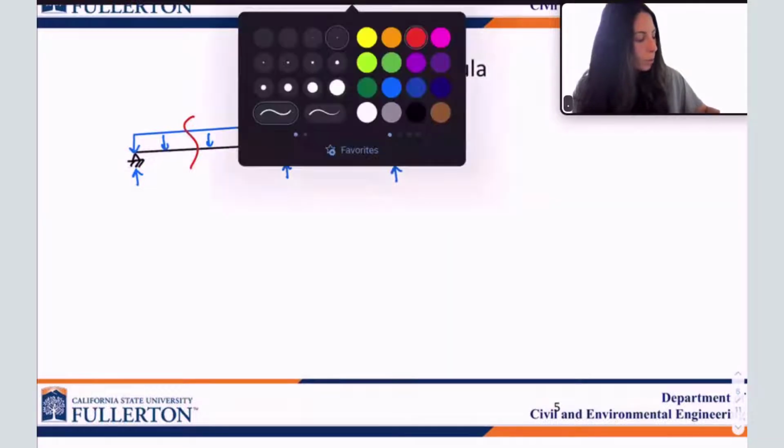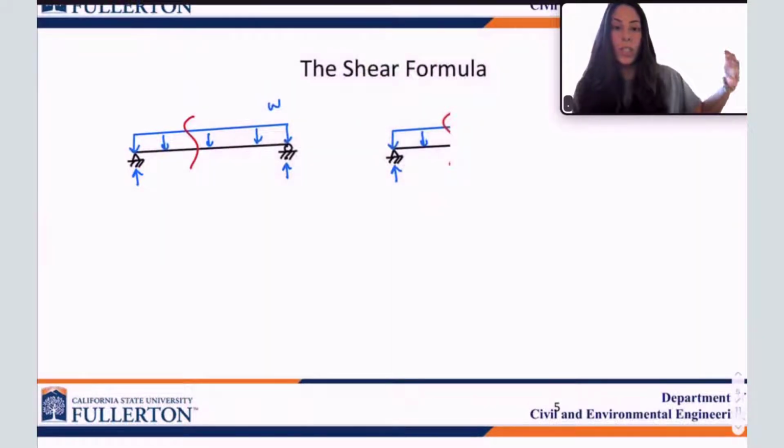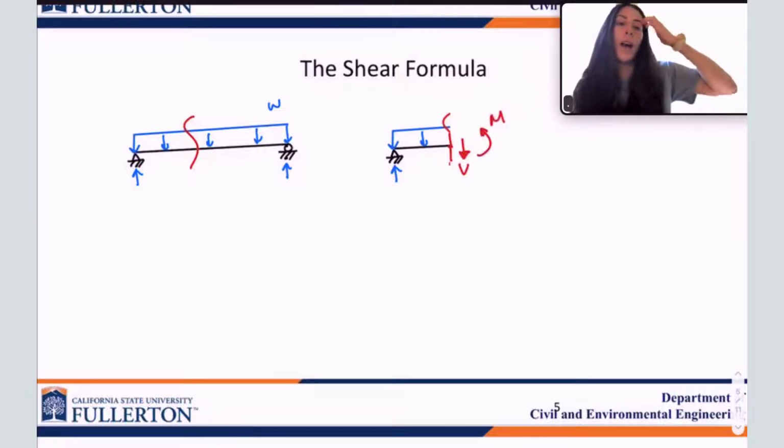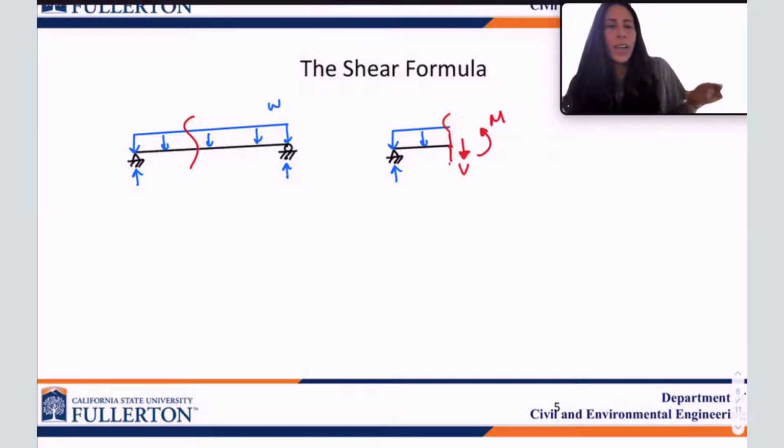what happens whenever we make a cut? We expose the internal forces. What internal forces do we expose? We have shear, V, and we have moment, M. We also have internal axial force, but since we don't have any load in the X direction, I'm not going to draw the axial force N right now. So I'm just going to focus on V and M because those are the two internal forces that I do